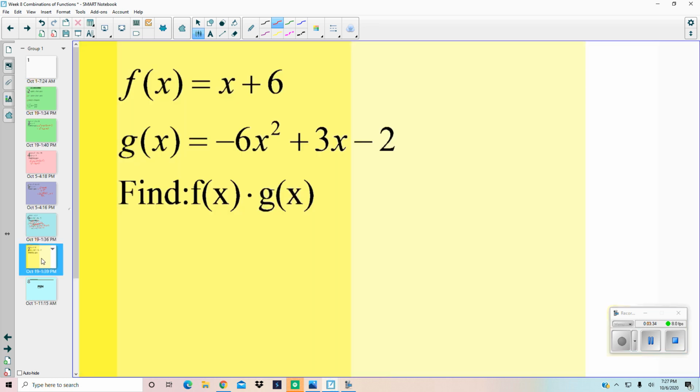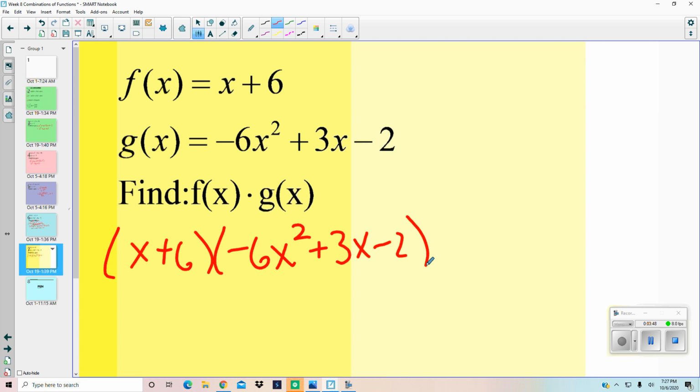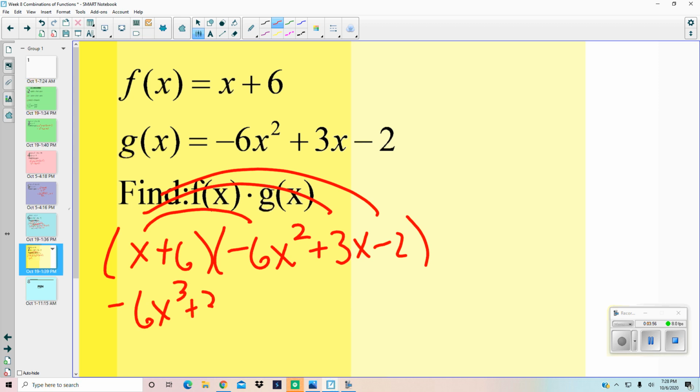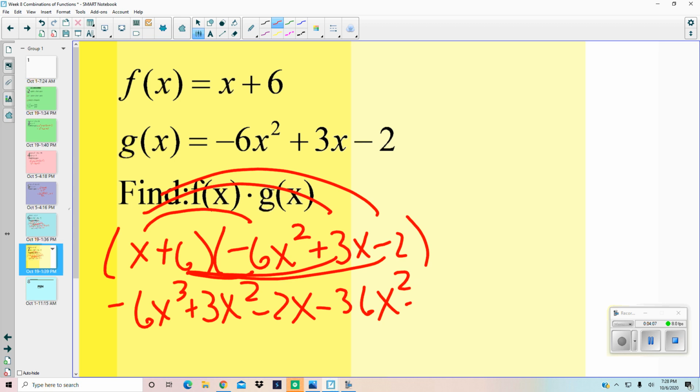Let's just do one more multiplication. So I take x times each term in the second, in g(x). Then I take 6 times each one. Then I combine